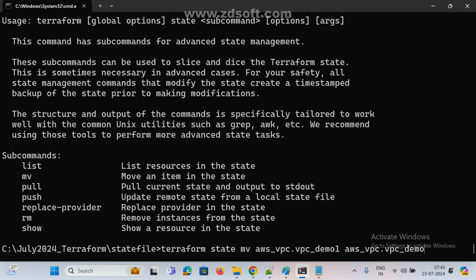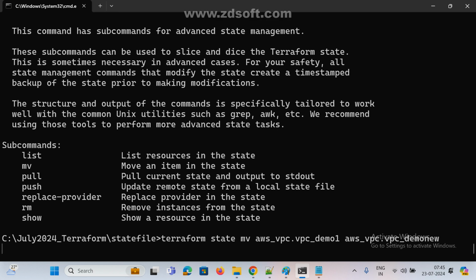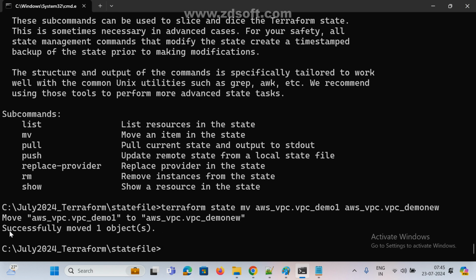I am using demo new. Clear? Any doubt here? Terraform state mv, and this is the existing name, my VPC name. Now I change it to demo new. That's it. Now see here, successfully moved one object.